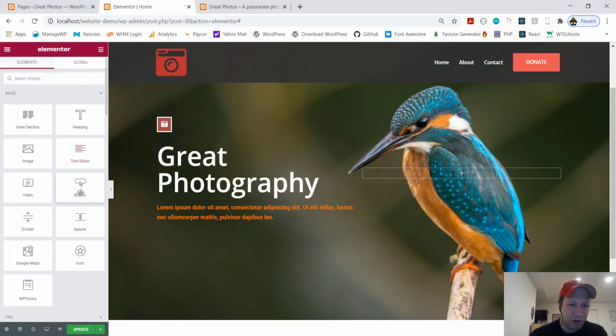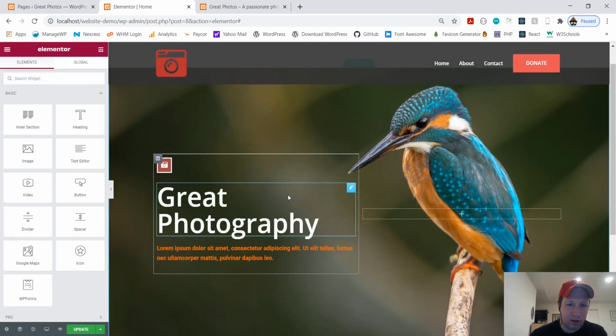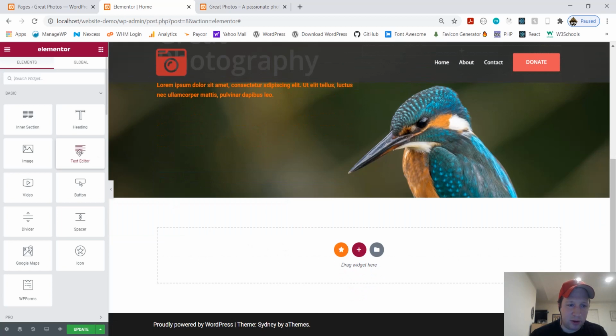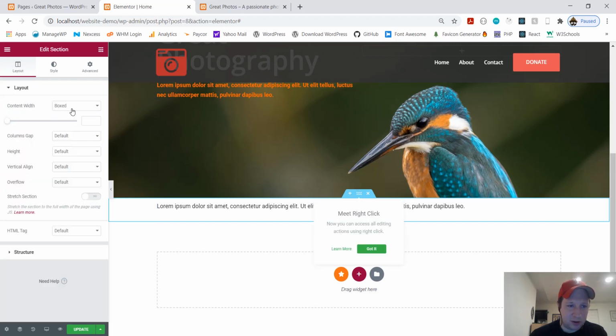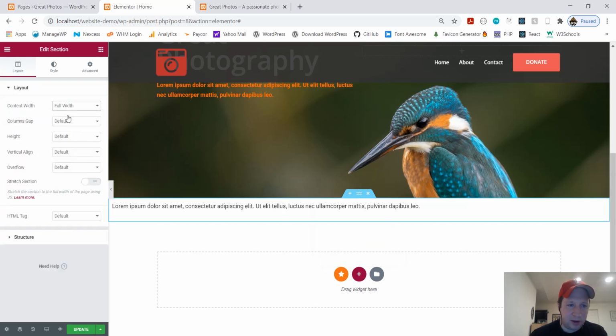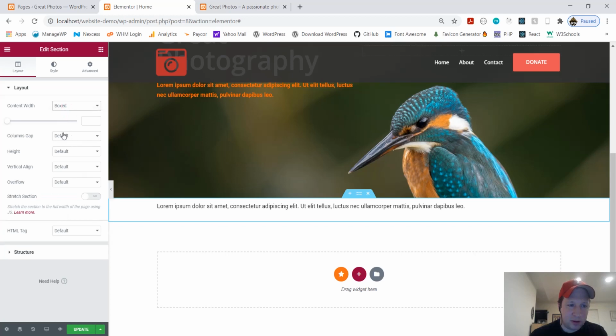What I'm going to do is, so to create another section, I'm going to take this text editor, which is to add generic text, and I'm going to click and drag it. Okay. Now we've created another section. These 6 dots here are to select that section, right? And now we're back. Full width, box, column gap.